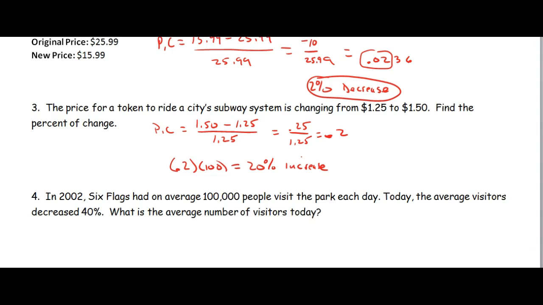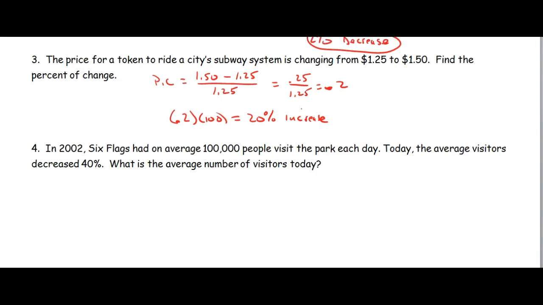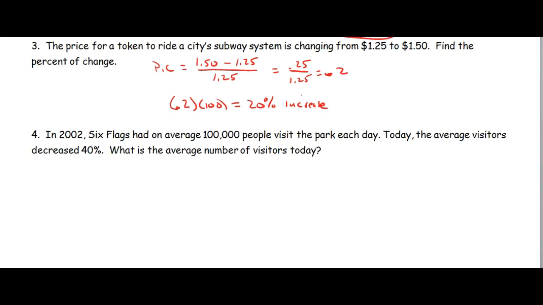Number 4, we look at it. In 2002, Six Flags had on average 100,000 people visit the park each day. Today, the average visitors decreased 40%. What is the average number of visitors each day here? Well,